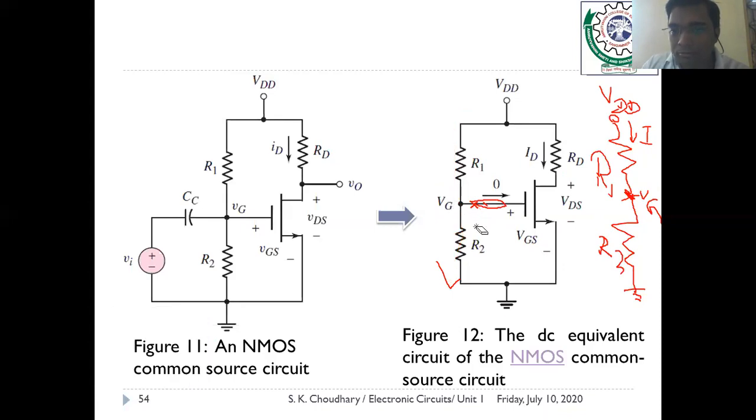So, the potential drop across this resistor R2. This is VG because VG is the voltage between this gate terminal and the ground terminal. So it is I into R2, because I is flowing across this. So I into R2 is nothing but VG. This is according to Ohm's law. But as per the potential divider rule, because it is in between two series resistances, it is R2 in the numerator divided by R1 plus R2, multiplied by the total voltage. The supply voltage here is VDD. That's why in the next slide it is shown like this.